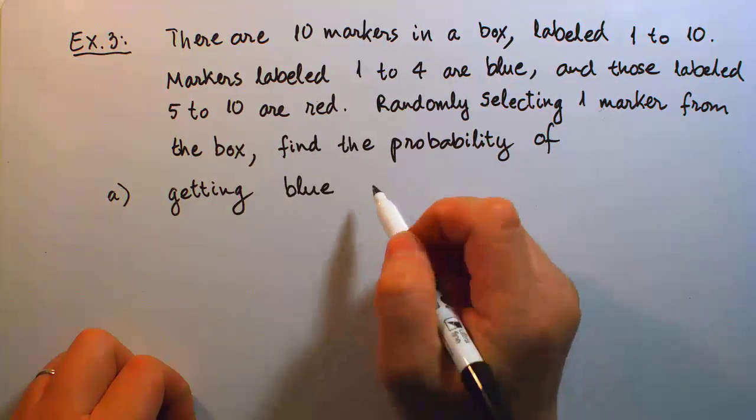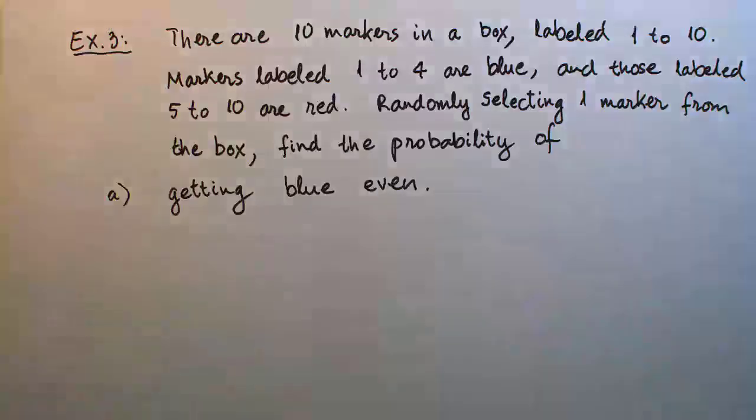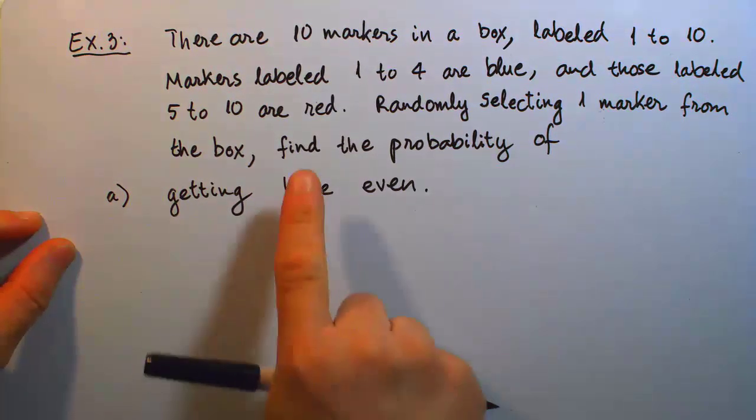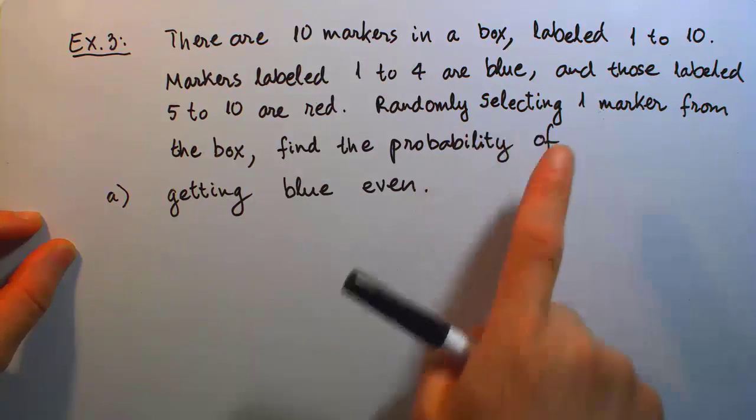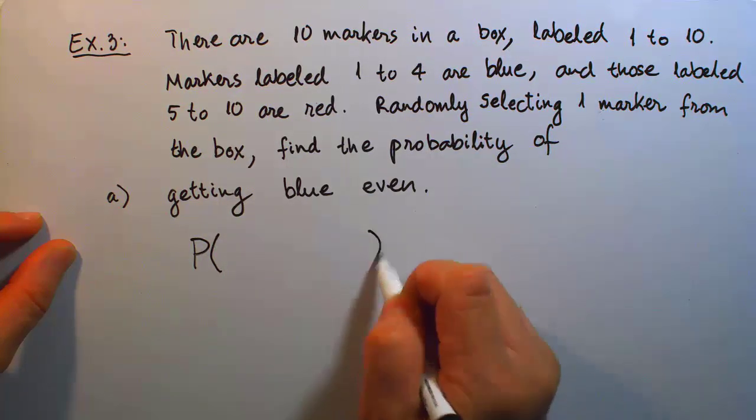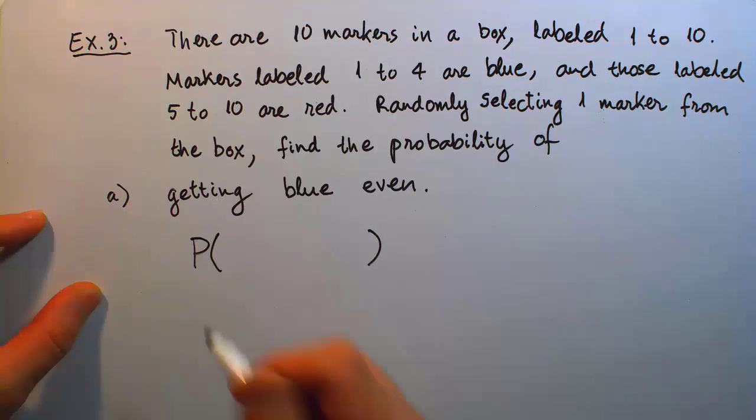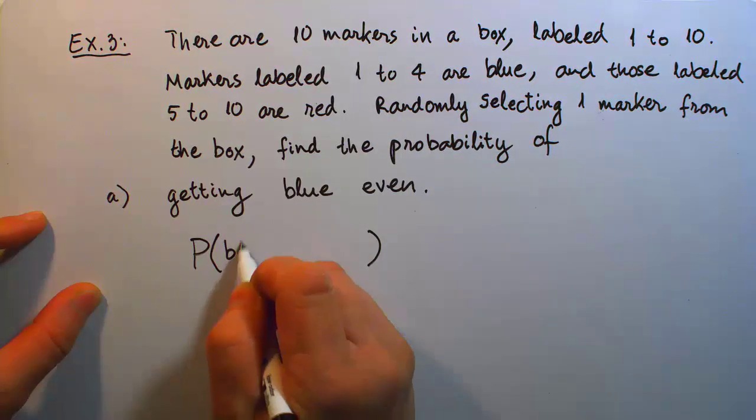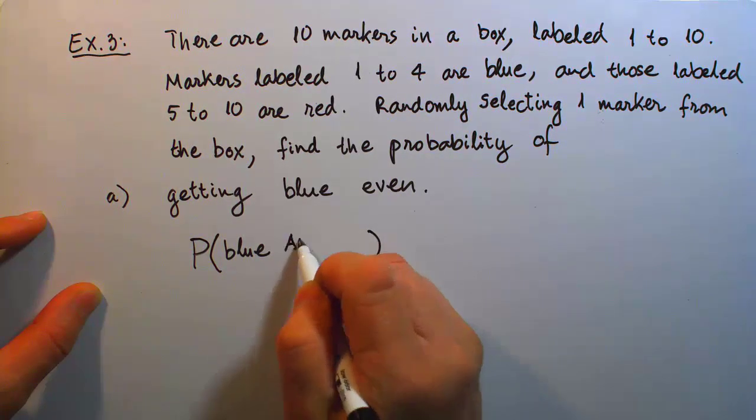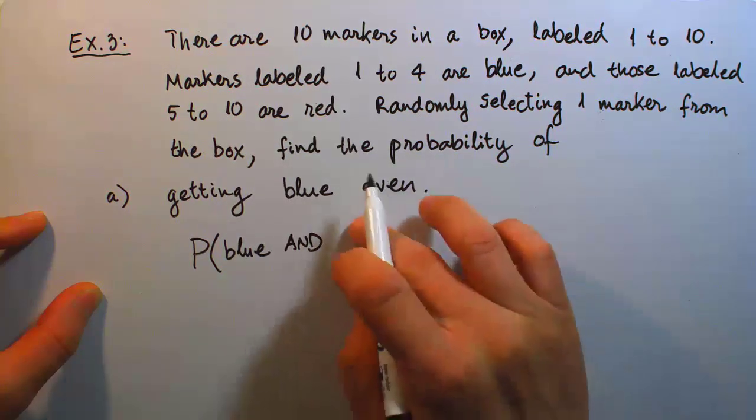blue even. To understand the problem further, once we randomly select one marker from the box, the question wants to find the probability, so P in parentheses. Blue even, as we have seen in example 2, means we're looking for, on one hand, a blue marker, and on the other hand, this is actually an AND keyword here, even though it was not specifically written, I'm looking for blue and